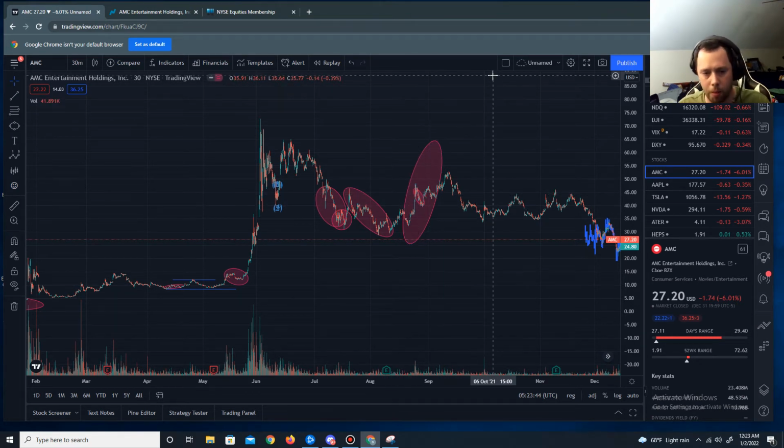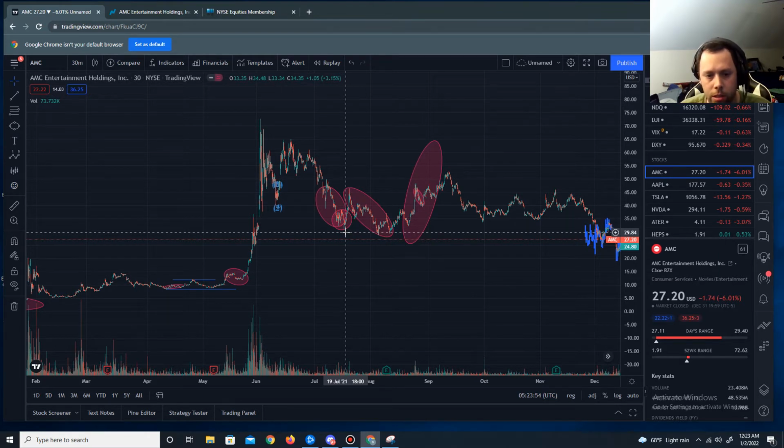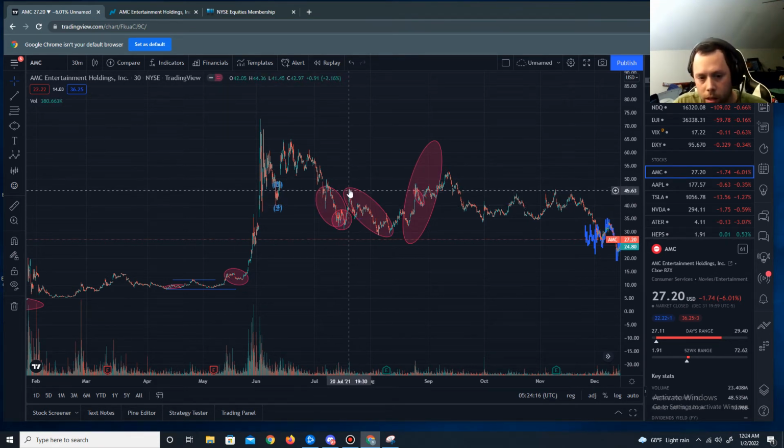Some of this is, you see these big green candles here. It starts getting green right in here. It's so easy to computerize how you write options, how you short a stock, how you go long on a stock, because you already know what it's going to run. So you see all these big green volume candles coming in here at the bottom of the stock. Well, that's where they're going to go long, and then they rip the stock back up, and then they're going to short it again, and they're going to write naked calls up here at the top,